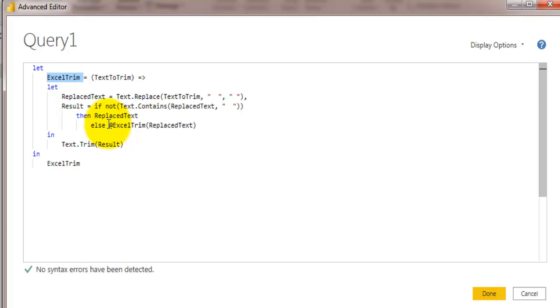Now this Excel trim function is calling itself inside this function. This is called recursive function. Now once all the unwanted spaces are removed, it will again go and trim that text, which will remove leading and trailing spaces, and then it will return us the value.